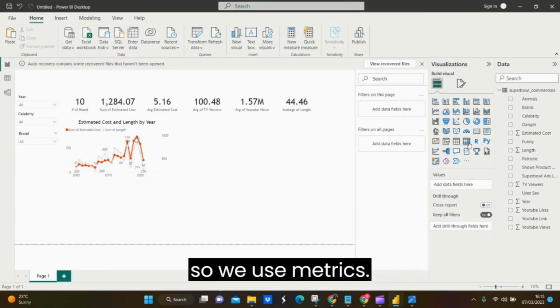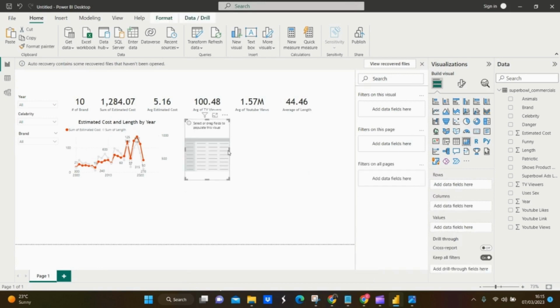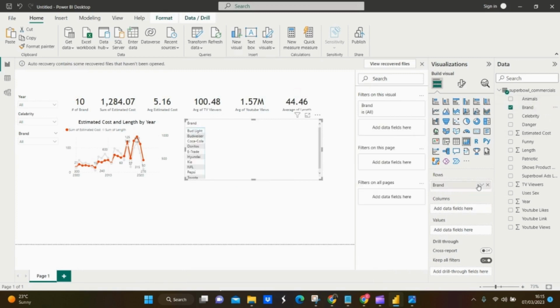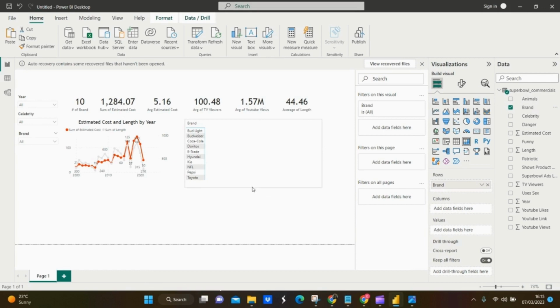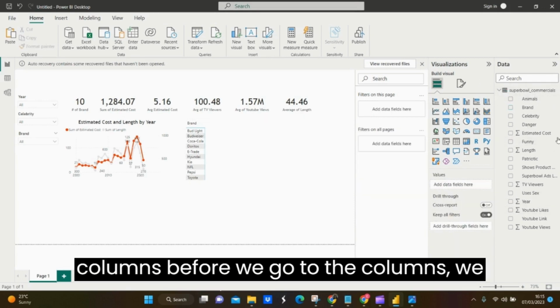So we use a matrix. On the rows, we put the brands. Before we go to the columns,